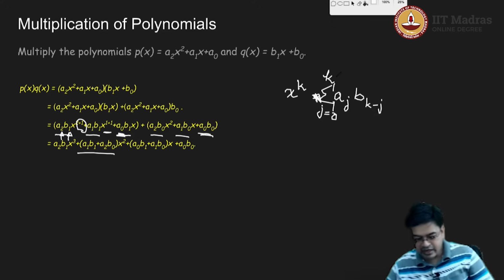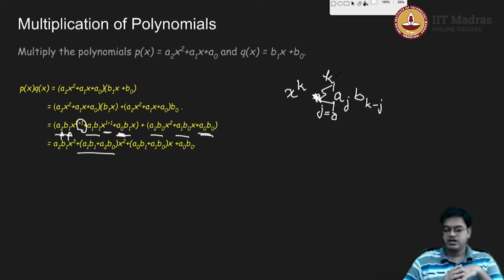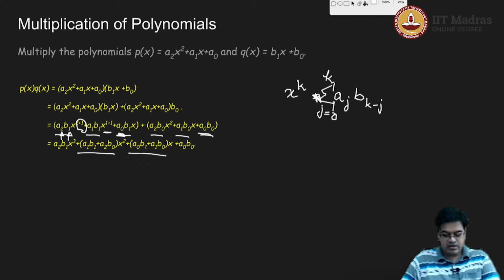To a point where I want the exponent raised to k, then I will get all possible combinations where the sum is actually k. In a similar manner, you can pause this video and verify whether you are getting the same expression for x raised to 1